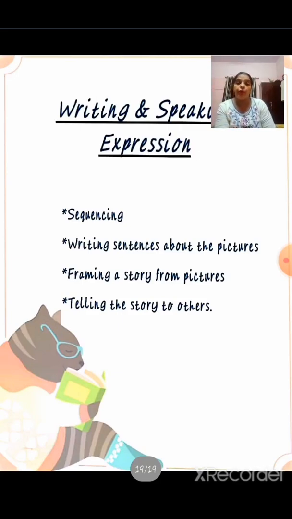So I want all of you, the stories in unit 3 you have read, try to narrate them, try to speak them in front of your parents, that how you will tell those stories to your parents. Or you can use any pictures, some pictures, and frame a story on them and tell to your parents. In this way we end our today's revision class.